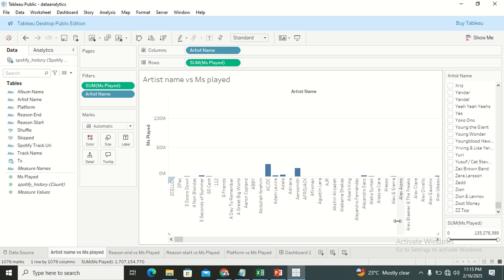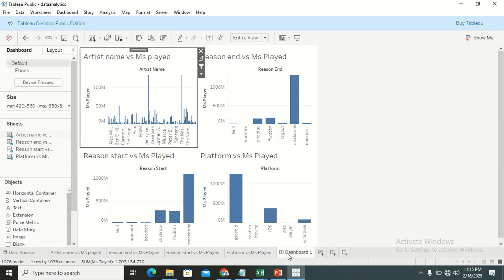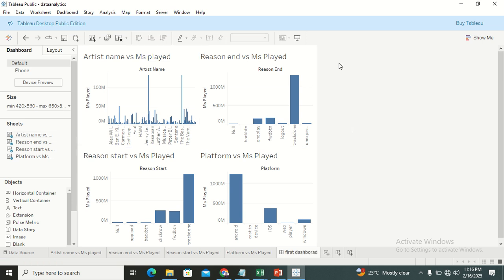So this is going to be our, say, first dashboard. Okay,